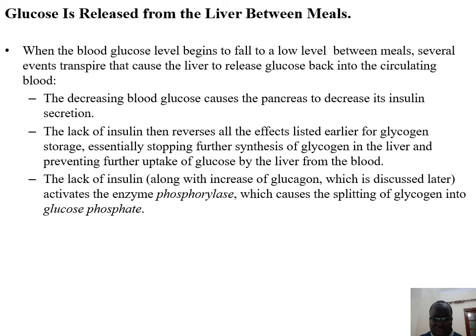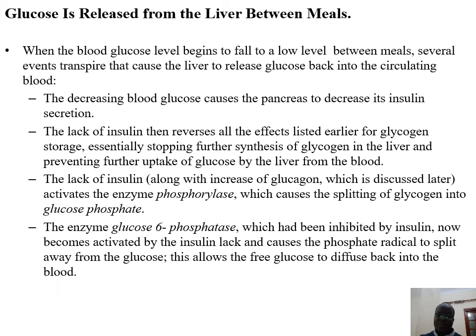So the lack of insulin along with the increase in glucagon activates the enzyme phosphorylase. So now the phosphorylase is being activated. That will break down glycogen, or it will split glycogen into glucose phosphates. Then the glucose phosphates will be converted into glucose. So now you're breaking down glycogen, glycogenolysis. The enzyme glucose 6-phosphatase, which had been inhibited by insulin, now becomes activated by the insulin lack and causes